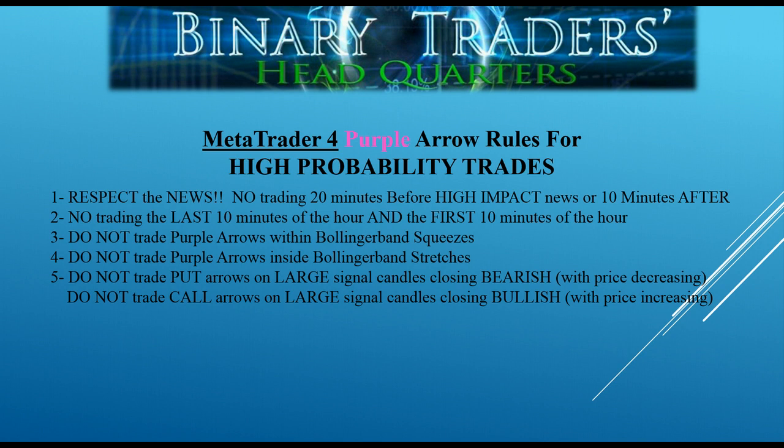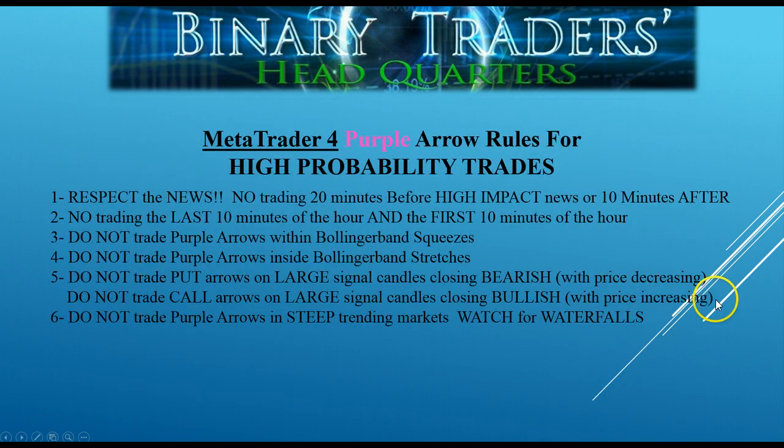Okay, so the next rule is we don't trade put arrows on large signal candles closing bearish or with price decreasing. So we don't take puts on candles where the price is going down, which is in the direction of the signal, and vice versa. We don't take call arrows on large signal candles closing bullish or with price increasing. And we do highlight large here because oftentimes these could reflect the arrow actually firing on your confirmation candle of a reversal. However, in the case of large candles, like